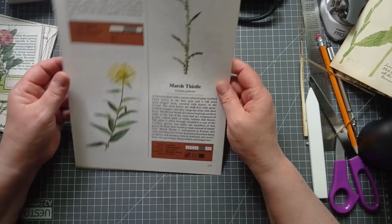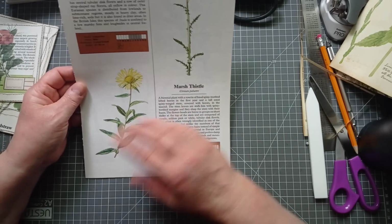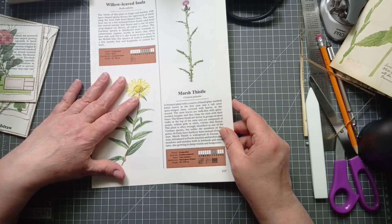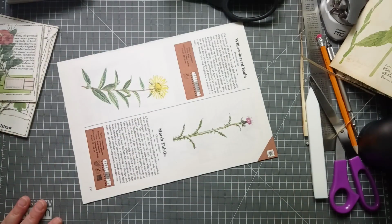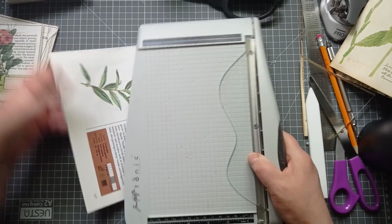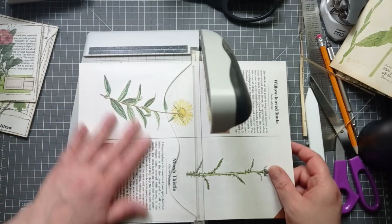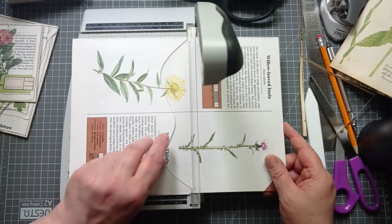Right, this obviously is too tall to go in a junk journal. So what I'm going to do is cut it. I'm not going to measure the height. I'm going to cut it somewhere where it's going to look good. Now I want to cut it just above that yellow flower, so I can get this in my little trimmer. So just get that in your little trimmer, and I'm going to cut it just above the yellow flower, or maybe there. Yeah,